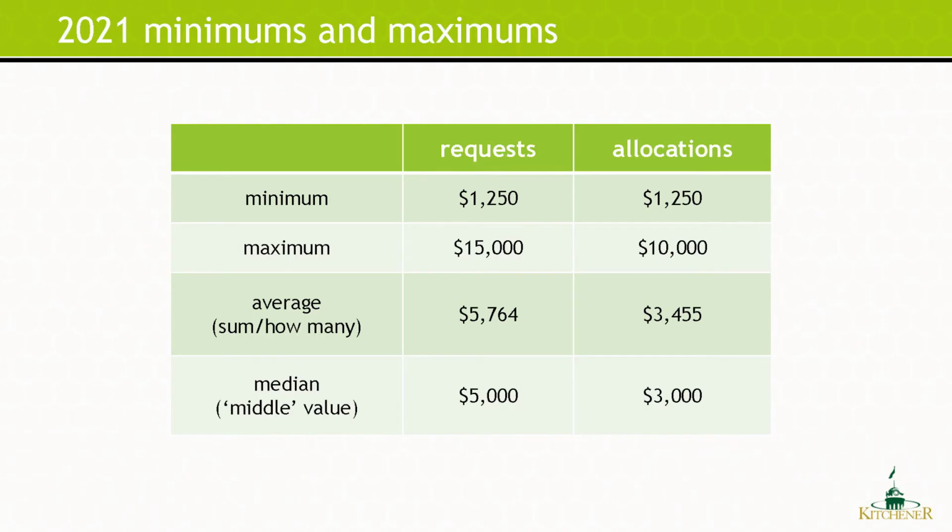The next couple of slides will give you an idea of recent maximum and average allocations, which will help you determine what to expect. Generally, we recommend that groups request the amount that's actually needed for the proposed project, while keeping in mind the budget constraints and the average allocations. By keeping the average allocation such that it maximizes the community impact of participating groups, the city maximizes community engagement through the events and activities supported by the grants program.